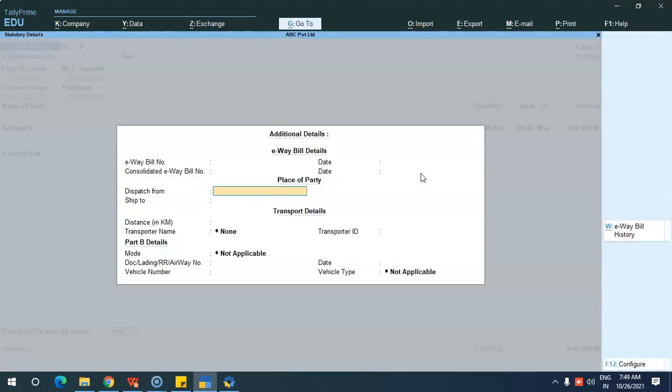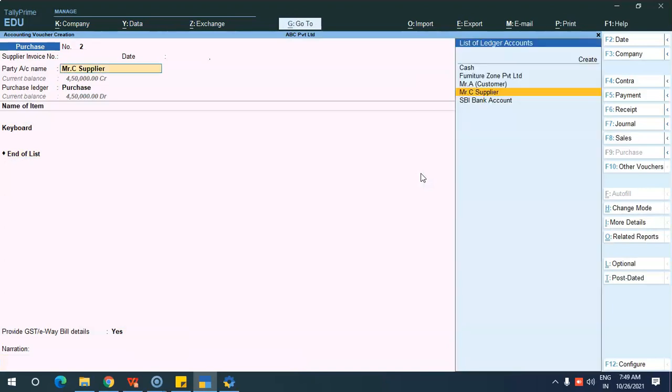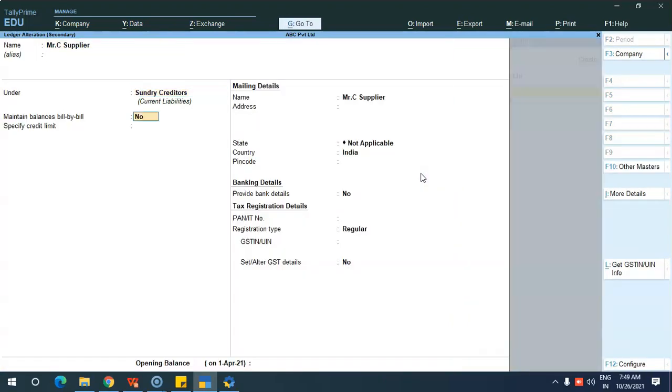Okay. So here you will get the bill-wise details. Before that, here you didn't get any bill-wise details box because you haven't given any activation, so you have to activate this. Maintain balance bill by bill and save this.